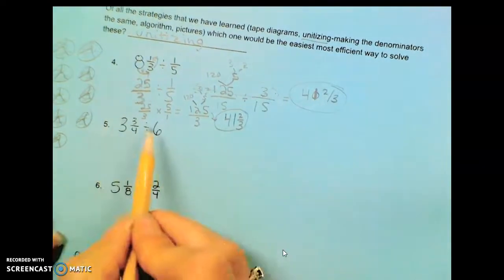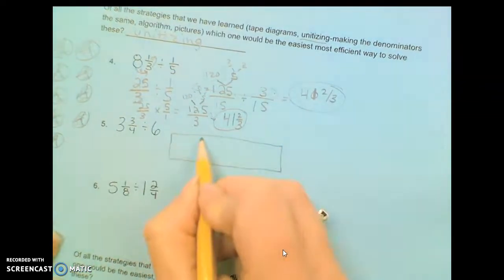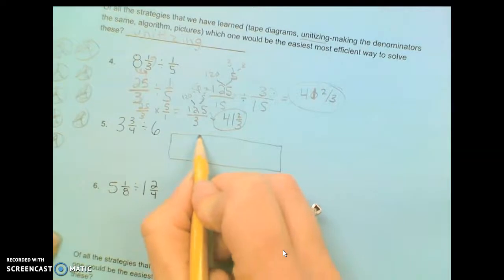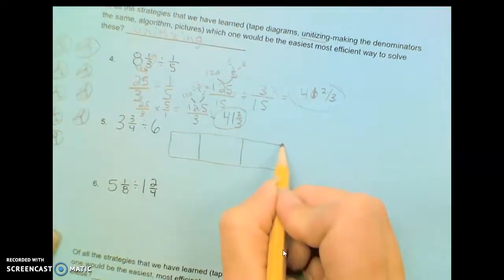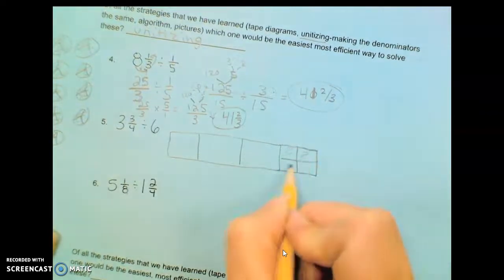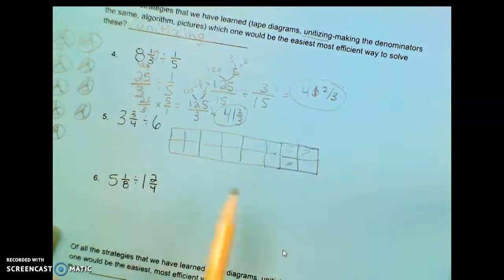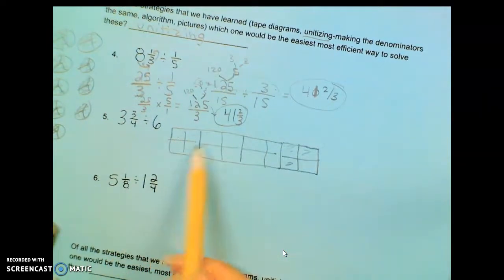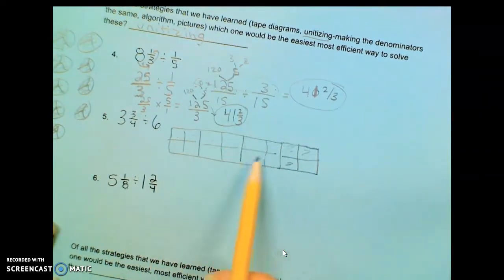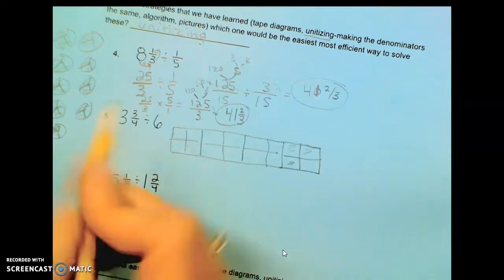3 and 3/4 divided into 6 pieces. I could see if a model would be easy to kind of see that. So I know I have 3 items and then 3/4 of another item. So if I'm looking at this, can I break it easily into 6 pieces? 1, 2, 3, 4, 5, 6, 7, 8, 9, 10, 11, 12, 13, 14, 15. Nope, 15 doesn't divide easily by 6, but that still helps me to go